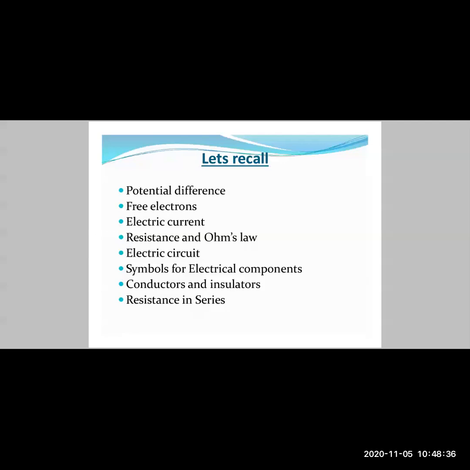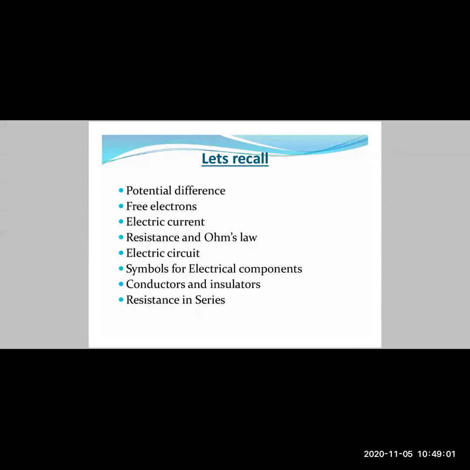Then we had seen the concept of conductors and insulators. What conductors are, what kind of materials they are made up of. Any substance that conducts electricity and which has very low resistance is called a conductor, whereas insulators are substances which have extremely high resistance and through which current cannot flow. They are called insulators. And we had seen the various uses where and how they are applied. Then we had seen some experimental proof for Ohm's law and some numericals.